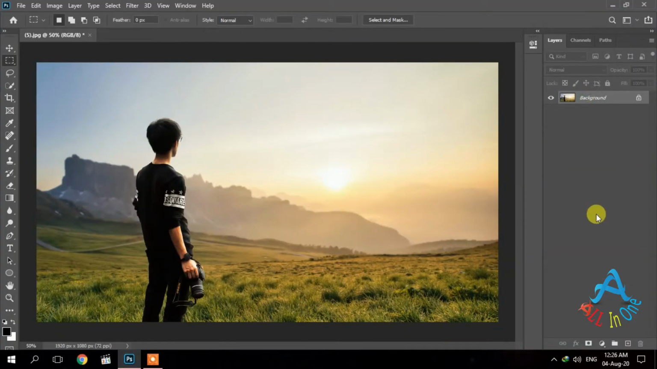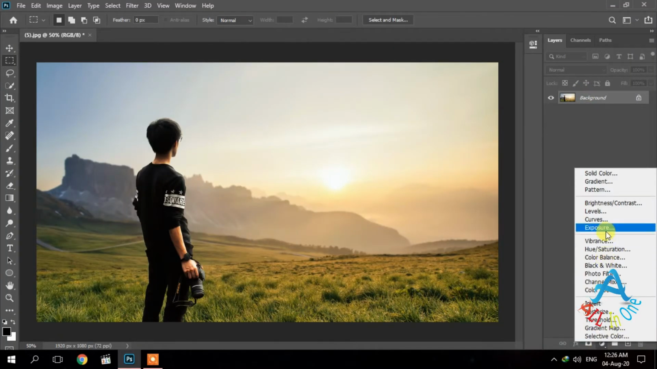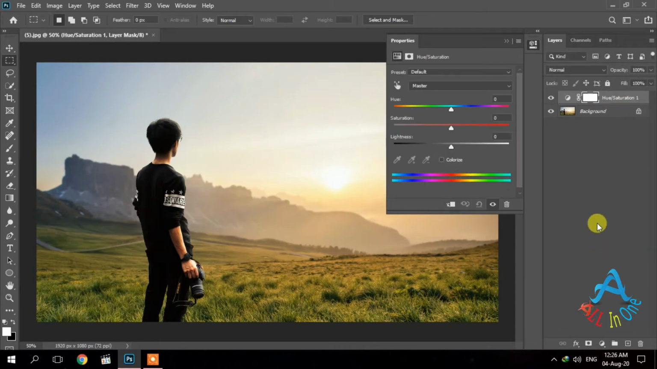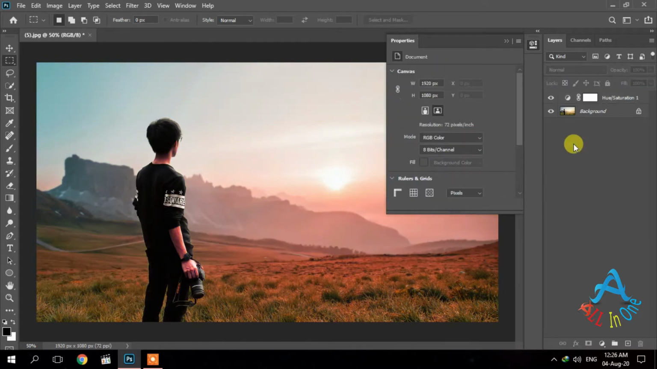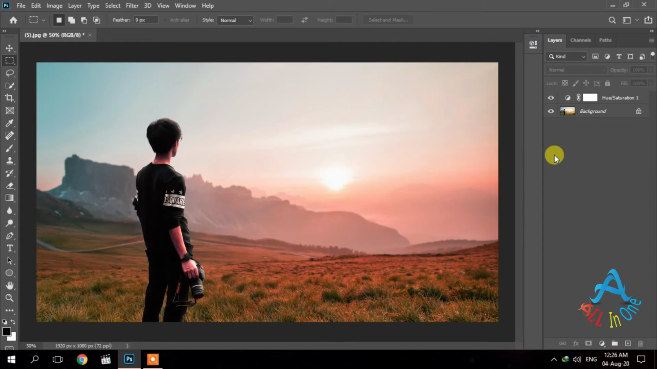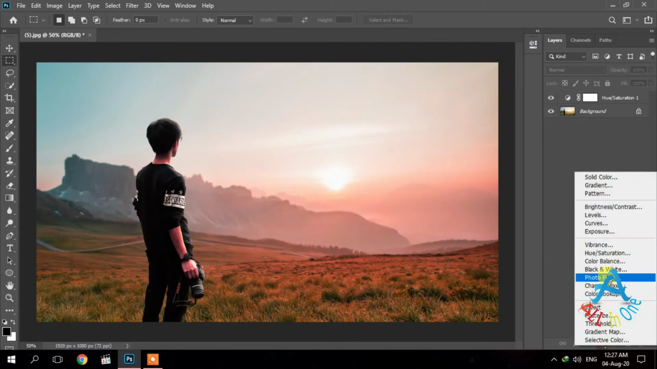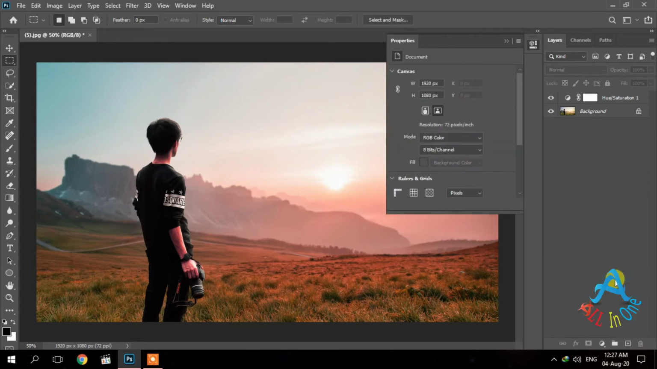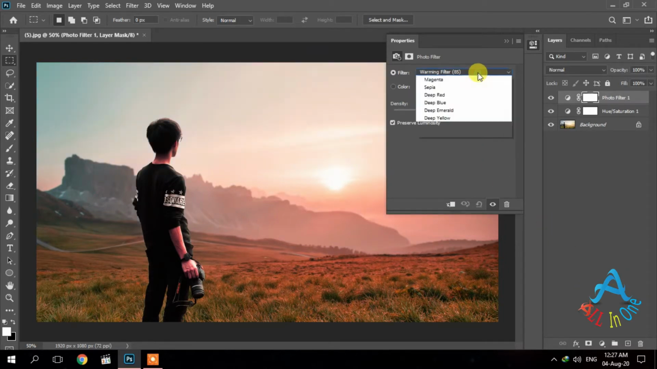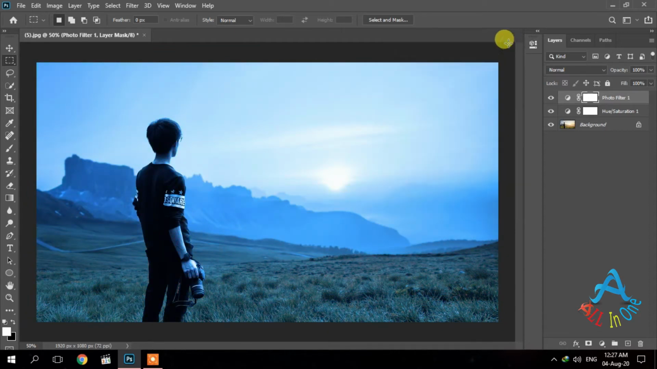Here is an example image to add the neon portal effect in. Add a hue and saturation layer. Set saturation to -30. Then add a photo filter. Select the filter Cooling Filter 82 and set its density to 100 and opacity to 30. After setting the opacity to 30,